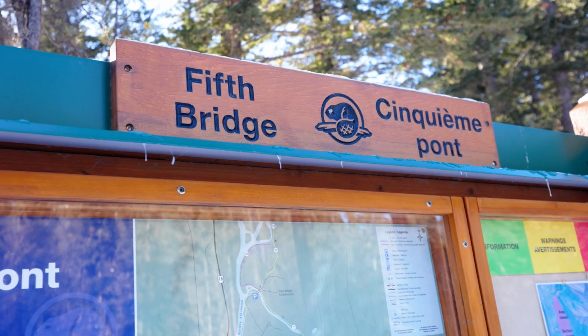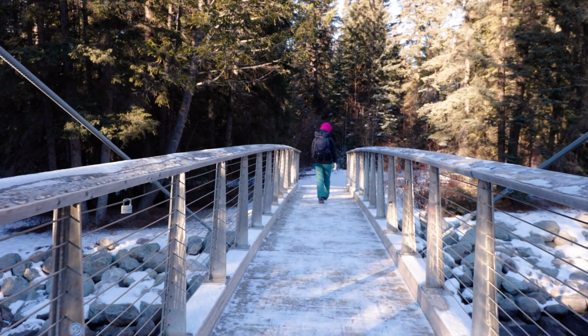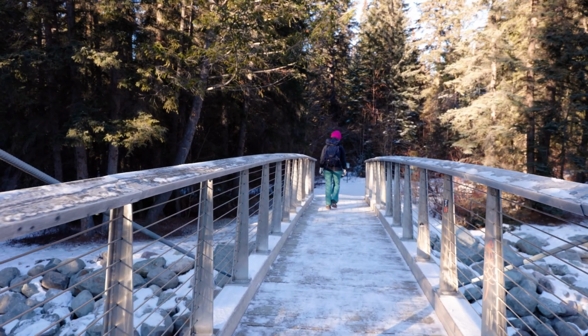Finally made it to Jasper. It was a long old drive this morning all the way from Calgary, but it's definitely worth it. We are currently about to head into Maligne Canyon, and we've parked down at the Fifth Bridge. The Fifth Bridge is the one you can see behind me just here, and that is where I'd recommend parking for this. From there you can just walk on easily to all the main areas and then walk back to